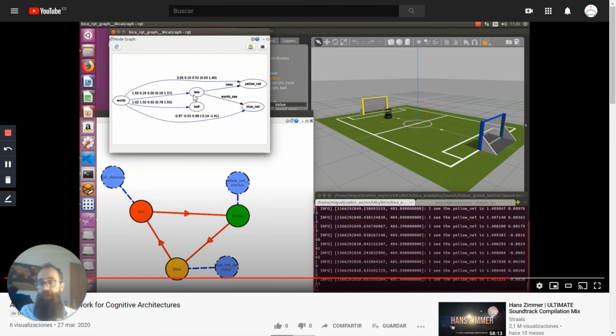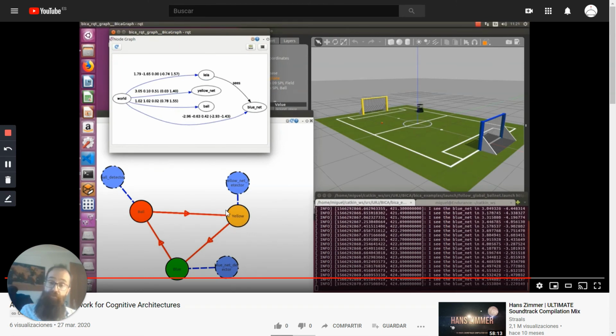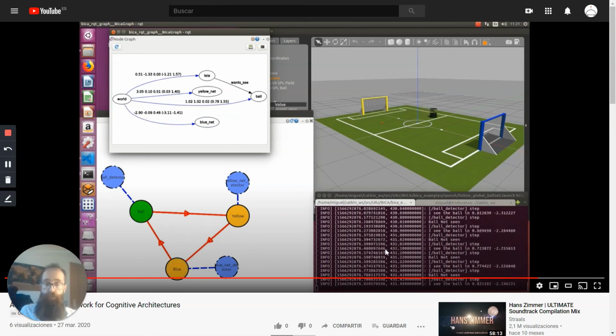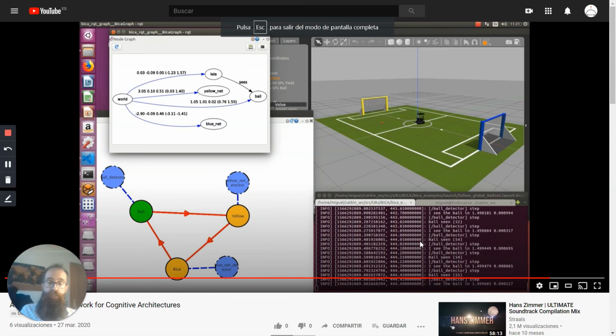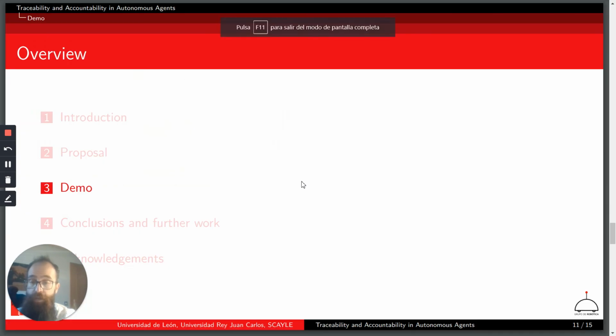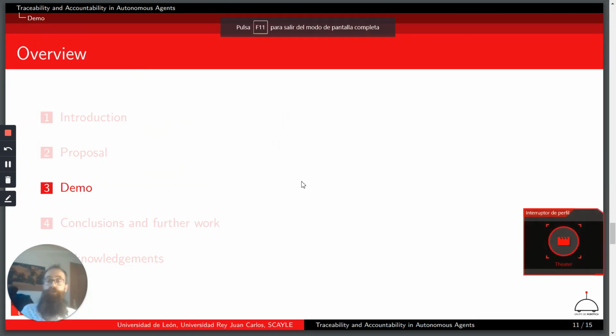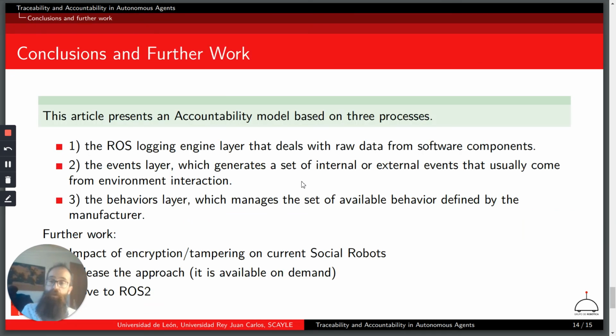What we can see here in our solution based on conceptual graphs is that we are providing much better information than the classical finite state machines approach. Of course, trying to trace the same behavior using just the log level is not as easy as we can see in the graphical approach. So this was our presentation.